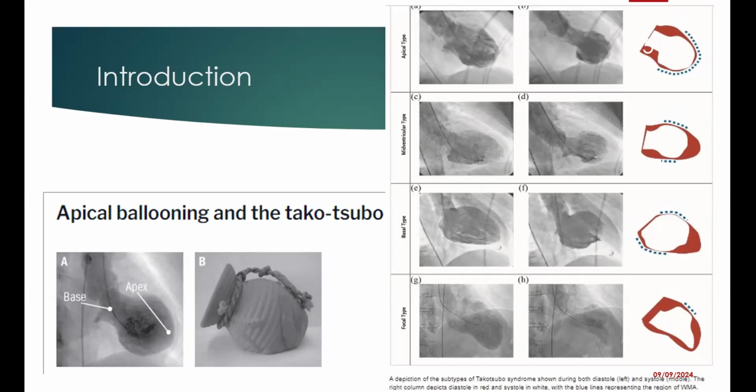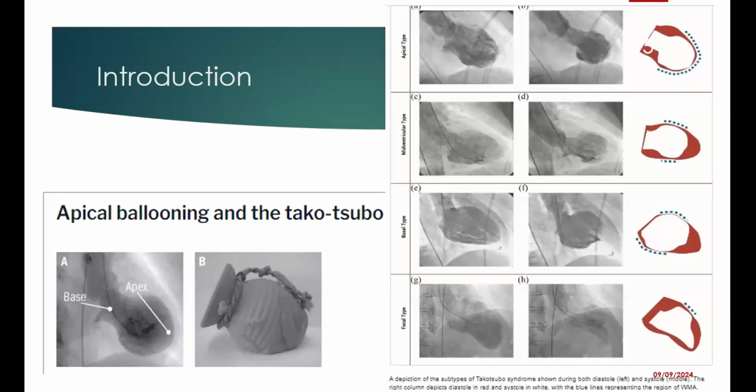Just like you said, under the pathophysiology, it's been said that the commonest is the apical, because it's proposed that possibly the innervation of the apical area is very rich in sympathetic innervation.